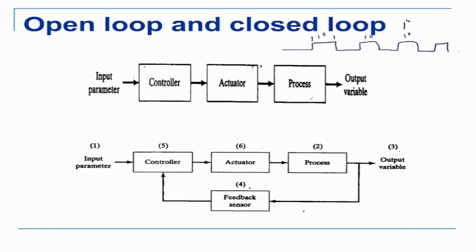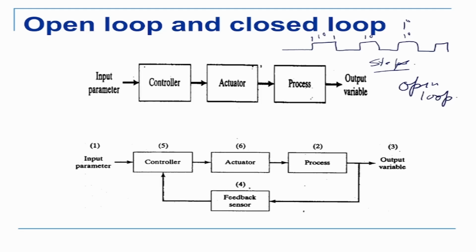So if I give a pulse like this, it will rotate 1 degree in steps. Okay. Now this is an approximate way, but it can still be done that way. So this is an open loop device, an open loop system. This is not very accurate, but it is cheaper.